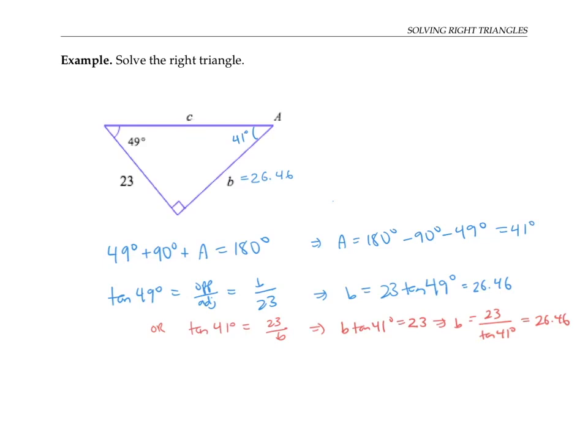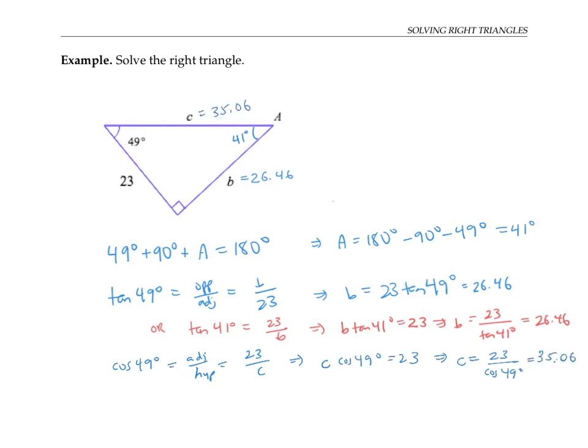Next, to find the side length c, we again have a few options. We could use a trig function again. For example, we could use the cosine of 49 degrees. That's adjacent over hypotenuse, which is 23 over c. Solving for c, we get that c is 23 over cosine 49, which works out to